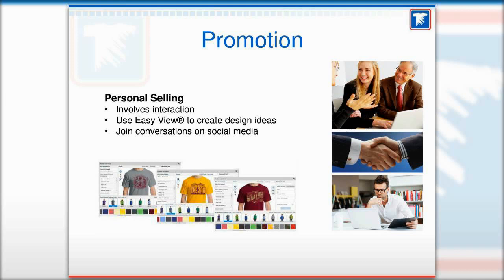So the first way is personal selling, and it is exactly what it sounds like. It's going to be a salesman if you're working by yourself, or maybe a sales team. A good example of this would be an insurance salesman or a car salesman, where you have a large ticket item that it's worth having someone work on with someone one-on-one, or maybe it takes a lot of human interaction to sell, like insurance, and people might have a lot of questions that a salesman could answer. But in regards to a t-shirt business,